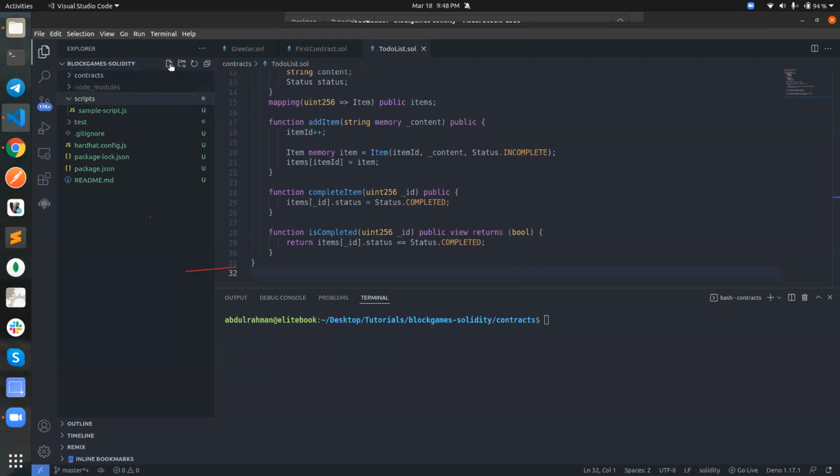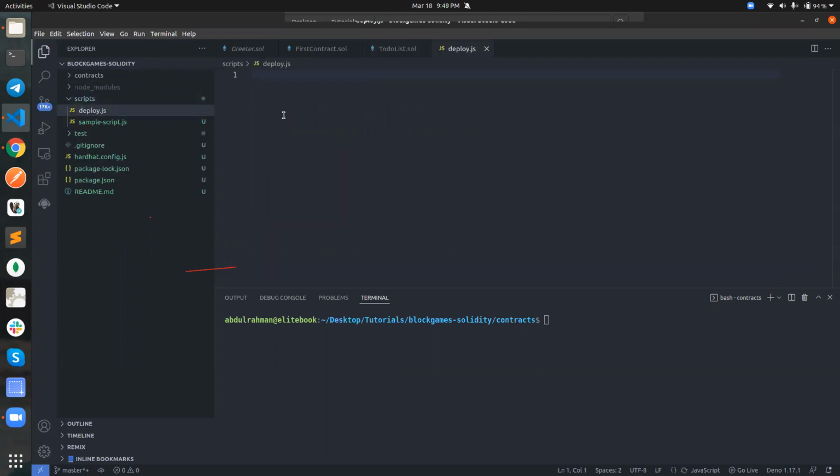So let's create a file there called deploy.js. What I'm going to be doing is importing the Hardhat package: const HRE equals require